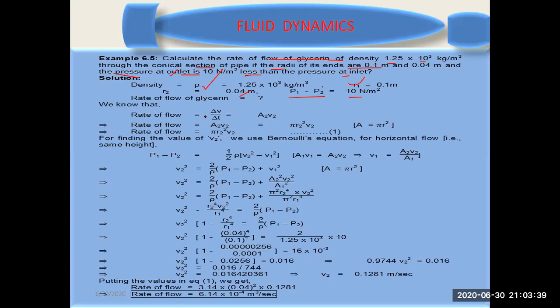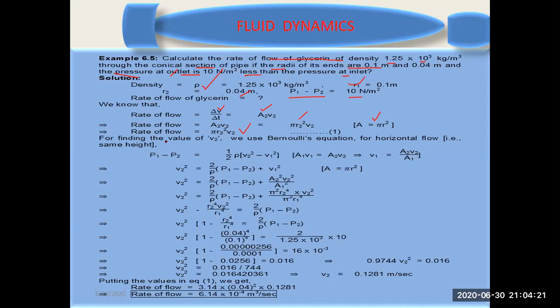So by using the equation of continuity, you calculate the rate of flow. Here it is, the volume of fluid passing per unit time. That's why this is called the volume rate of flow. It is equal to A1 V1, which is equal to A2 V2, and putting the values of A, that is pi r square. This is the area, and for the second end it is pi R2 square. Similarly, you have the rate of flow in the form of radius, that is pi R2 square V2.